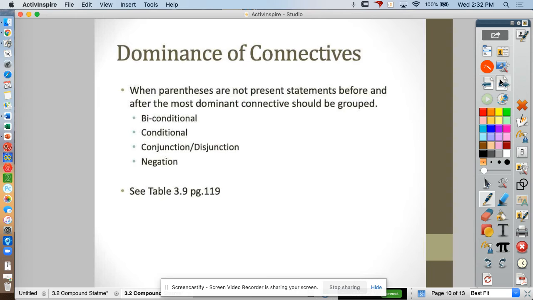All right. So what happens when parentheses are not present in the statements? Before and after the most dominant connectives should be grouped. So on page 119, there's a table 3.9, and it shows this maybe in a better way than what I've got here. But this is the dominance used symbolically. So you would do biconditionals, which is your double arrows, if and only ifs. Then you would do